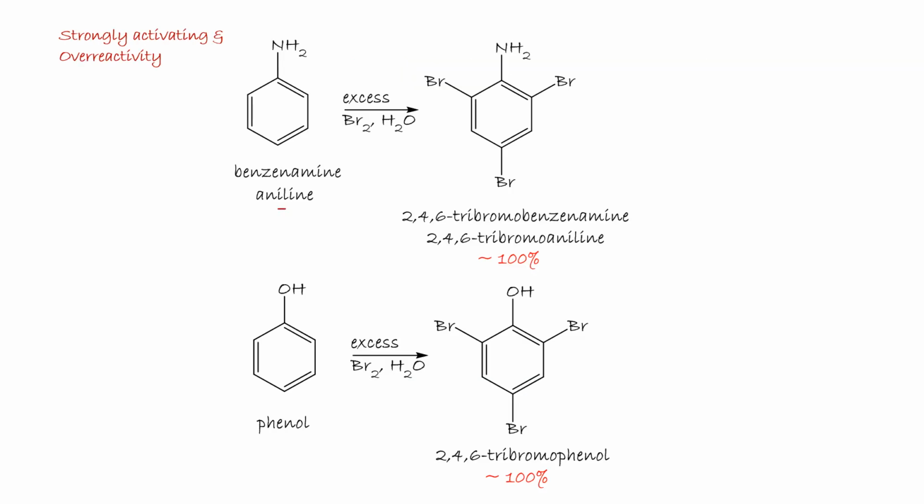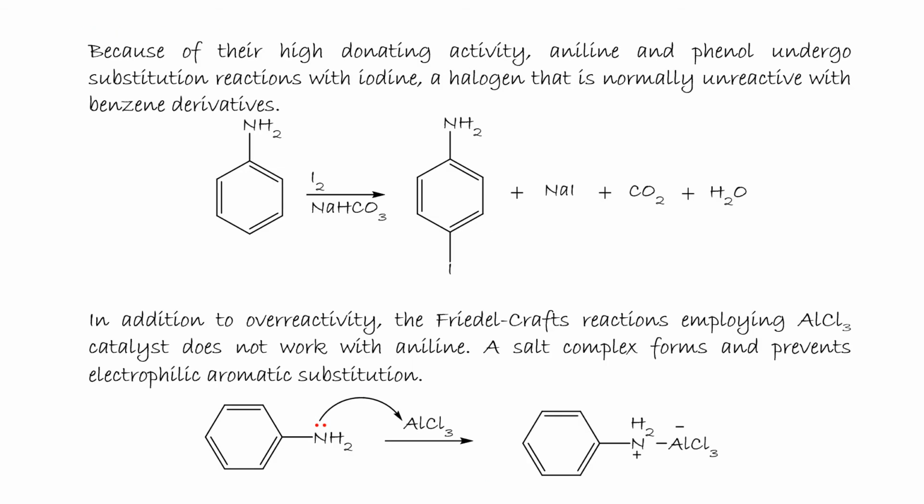As well as aniline, NH2 is strongly activating. Why? Treated with bromine in water, you get tribromoaniline. Phenol, again OH. In phenol, add bromine water, you get tribromophenol, 100%. So, because of their high donating activity, aniline and phenol undergo substitution reactions with iodine, a halogen that is normally unreactive with benzene derivatives. So you react aniline with iodine and sodium bicarbonate, you get the para-iodo compound, okay, and